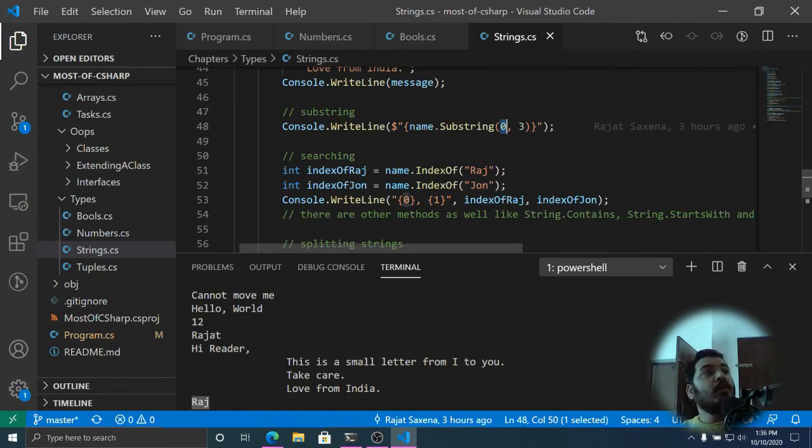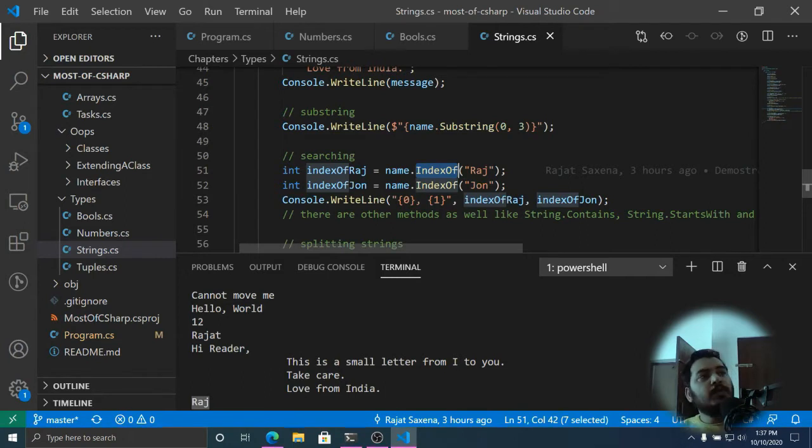Then we can also search whether a certain substring exists in a string or not by using IndexOf. If I want to search whether Raj exists in Rajat or not, I can type the variable name dot IndexOf, which will search the entire string for the occurrence of Raj, and if there is any, I will get its index, or if there is none, I will get -1 as the result.